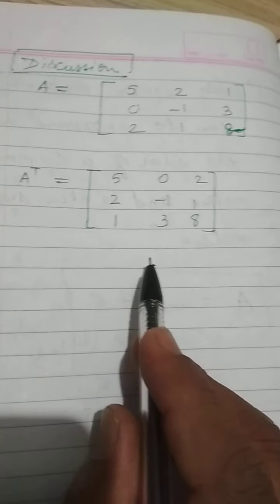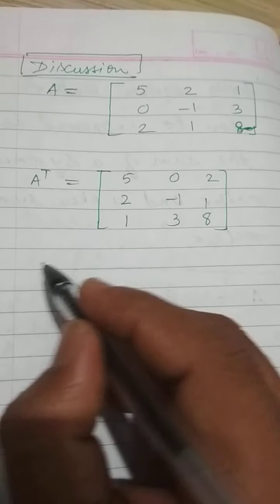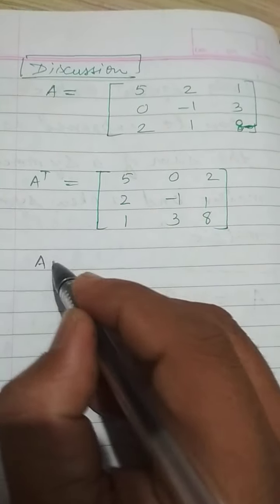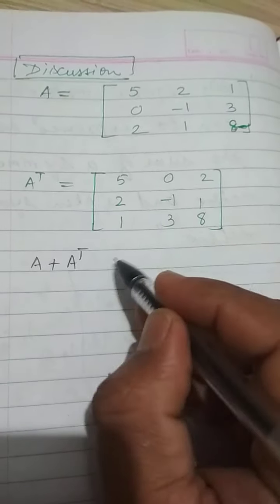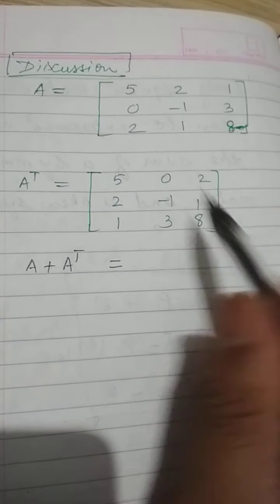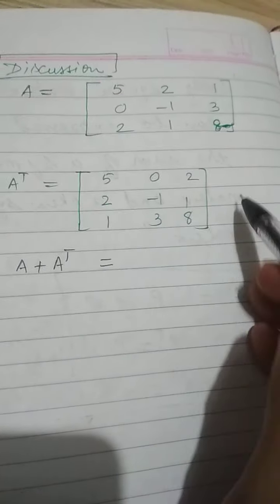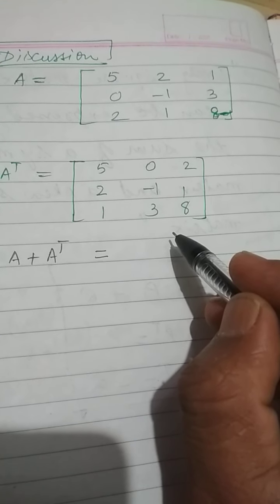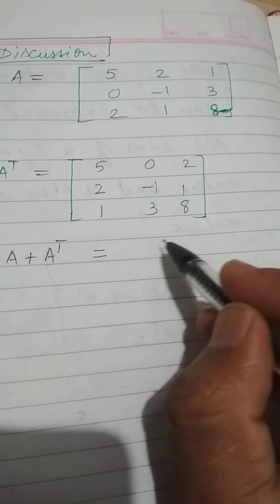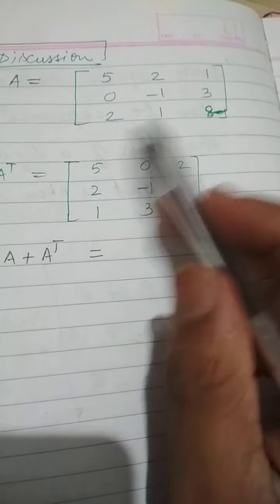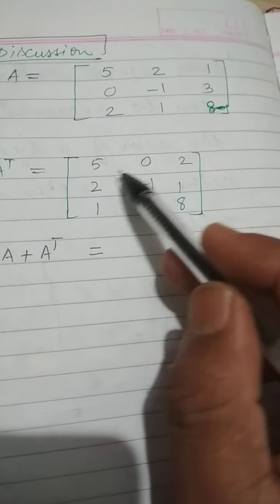Okay, students, in this video we are going to discuss one important property. Before arriving at the conclusion, I would like to ask you, what is A plus A transpose? That means we have to simply add these two matrices. So if you want to add these two matrices, see A is this, the A transpose will be calculated by